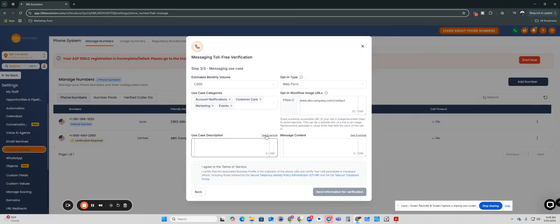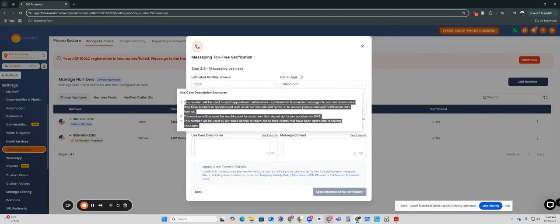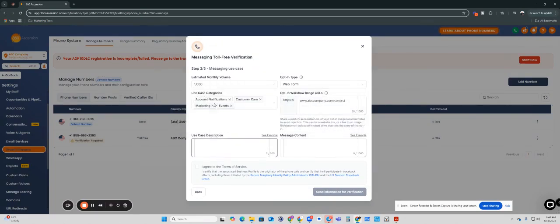This is pretty easy right here. All you would really need to do is just click on see example. You can take all of this here and paste it in here like so. All of this is just examples of the descriptions that could be used for why you would need to use these specific use cases for this telephone number. The first one is this number will be used to send appointment information, confirmation, and reminder messages to our customers once they have booked